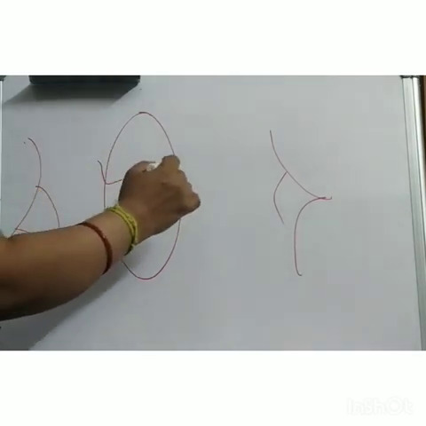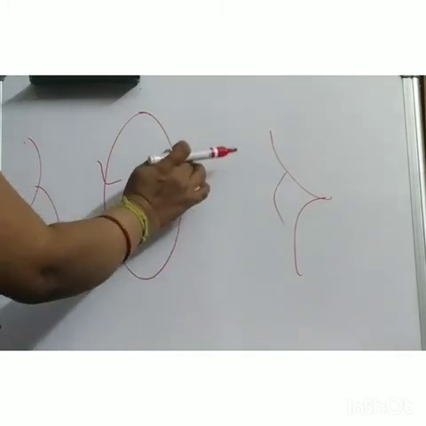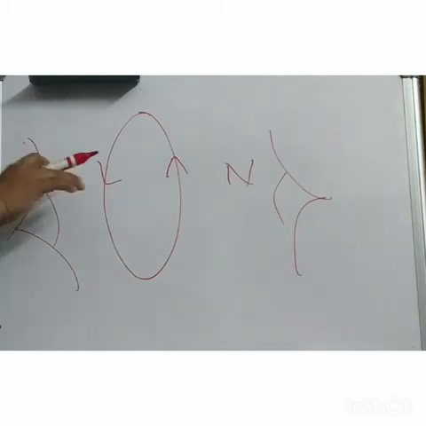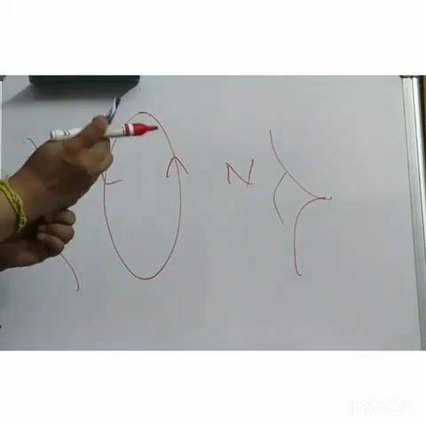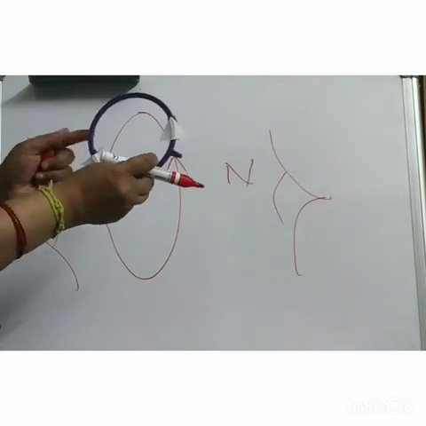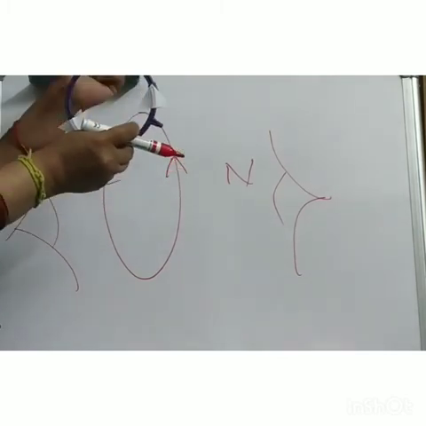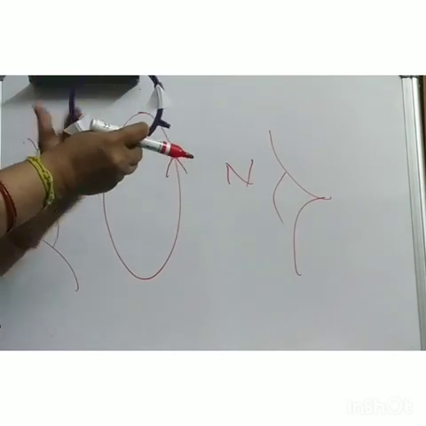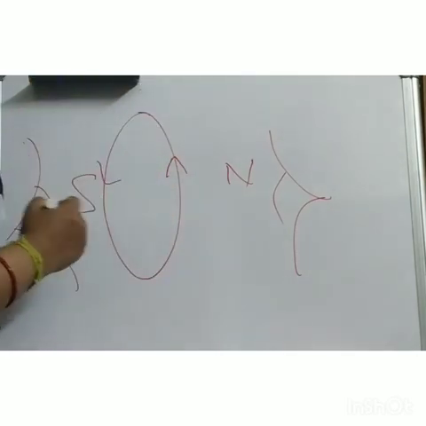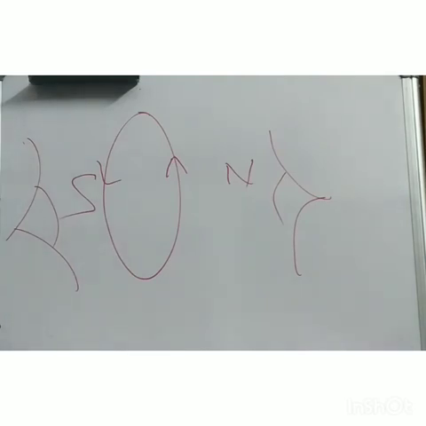Okay. So if you are at this point and your friend is standing over here, and current flow is like this, for you it is clockwise, so it is North Pole. And for this person, you can see very well, it is like this. See the movement of my hand. So it is like clockwise. So clockwise means South Pole. Hope I am clear?